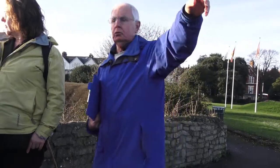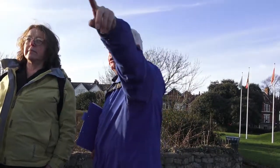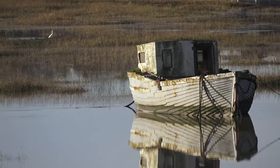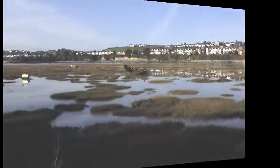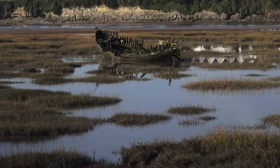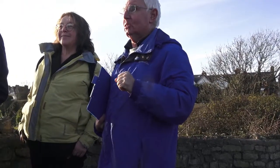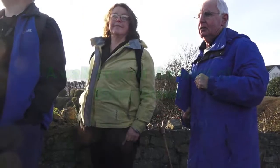The railway tracks going across to the breakwater is where the cars are, so the railway tracks used to go all the way across there. And then somebody asked me, is there anything famous about the boats in the old harbour? Unfortunately not. I think they're just wrecks. I think somebody planted the boats there and decided to leave them. But actually, I think it